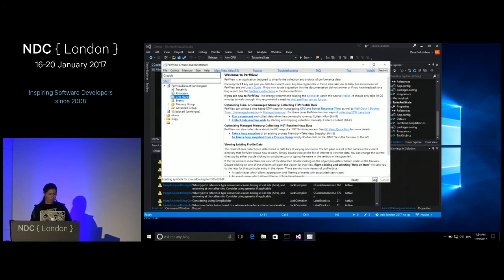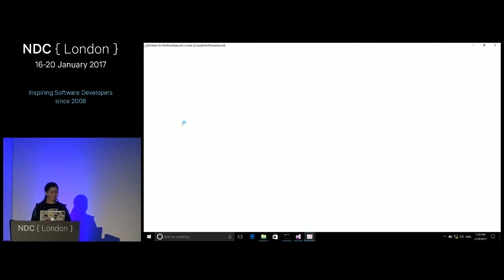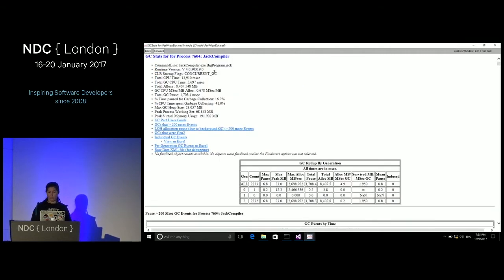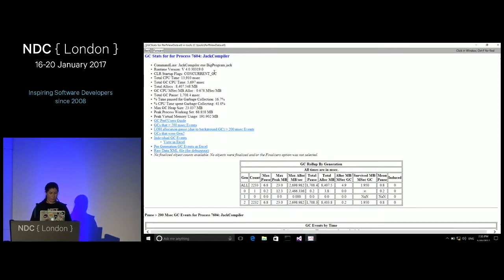Let's look at more views that we have here. We have a memory group. Interesting, right? And we have a GC stats view. Let's open it up. Again, we have information for all of the processes on the system, but we're going to select the Jack compiler. And what we can see here